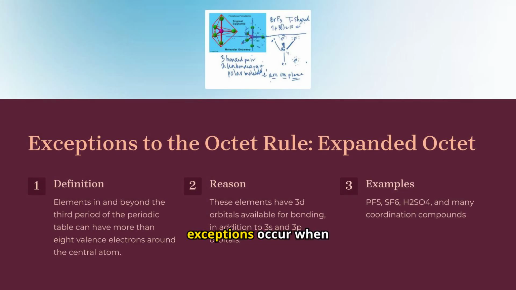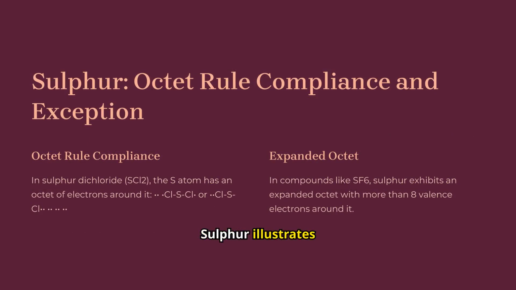Expanded octet exceptions occur when elements, especially in the third period, utilize available d orbitals to accommodate more than 8 electrons, as seen in PF5 and SF6. Sulfur illustrates both octet rule compliance in SCl2 and expanded octet exception in SF6, showcasing its versatile bonding capabilities within